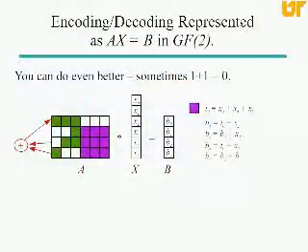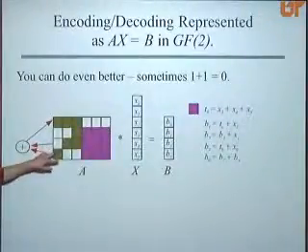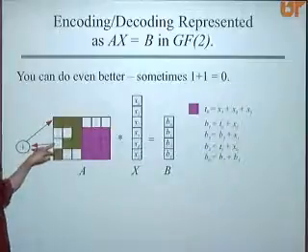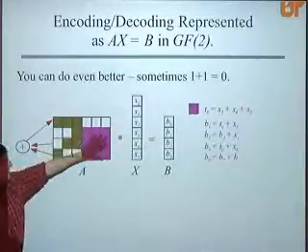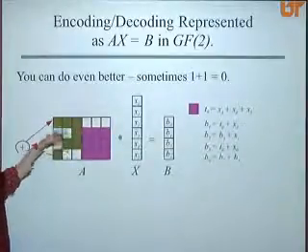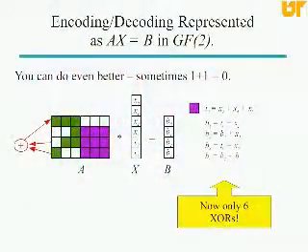Additionally, since we're dealing with zeros and ones, we have this awesome property that 1 plus 1 equals 0. And because 1 plus 1 equals 0, you have additional things that you can do. So in this example, the last two rows, if you add them, they equal the first row. So if you calculate this sum, then calculate these 3 rows, and then use the last 2 rows to calculate the first row, you actually get 1 fewer XOR, and you can do this in 6. So this is the fundamental observation behind this work.